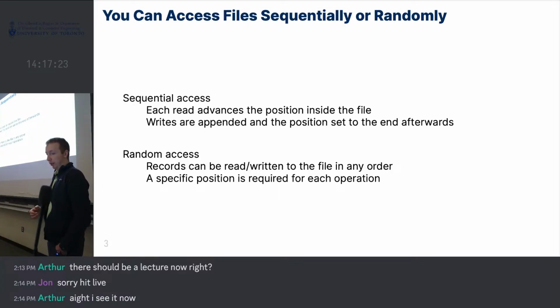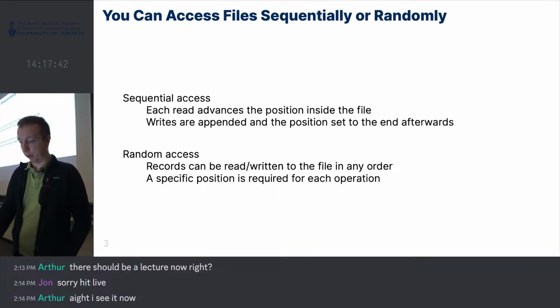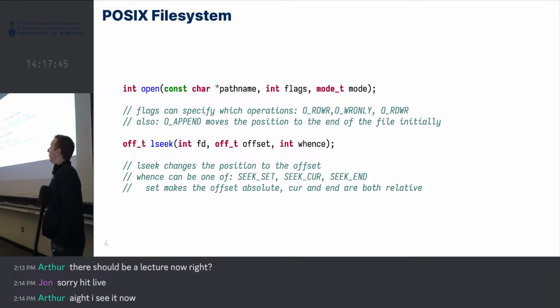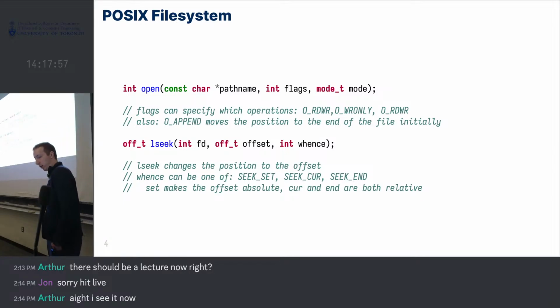There is a way to do random access, and random access means you can read and write anywhere in the file. For that, a specific position in the file is required for each operation. So if you're doing random access, you need to say what byte in the file you actually want to read or write. We went over the open system call before. It just takes a path name and some flags, which can be like open it for reading and writing, open it for writing, or open it